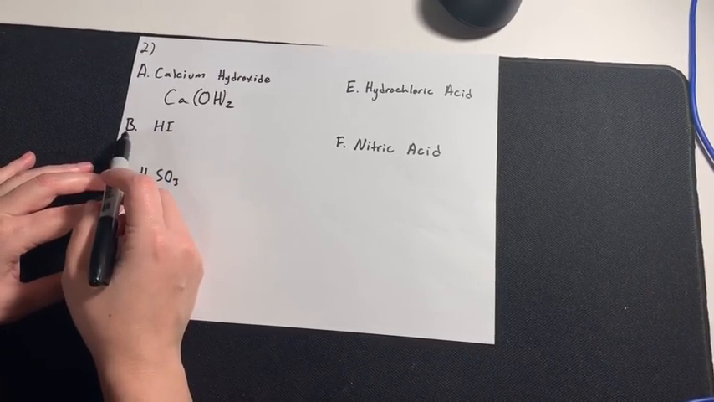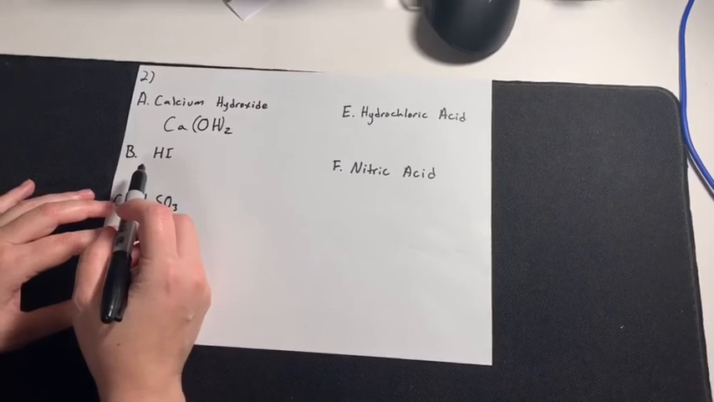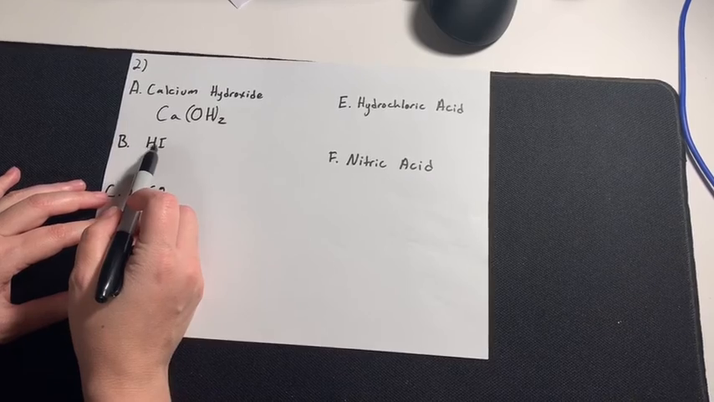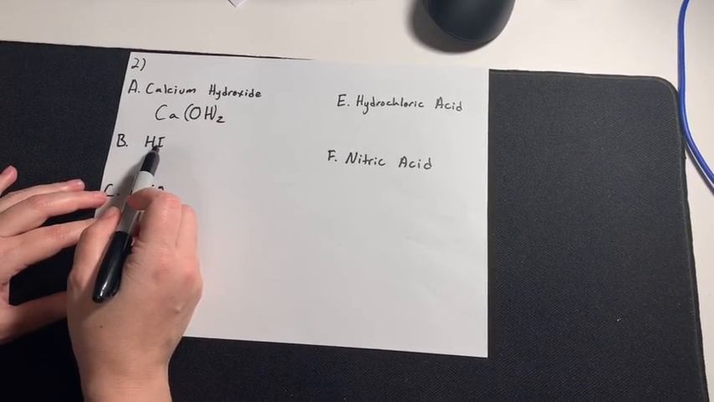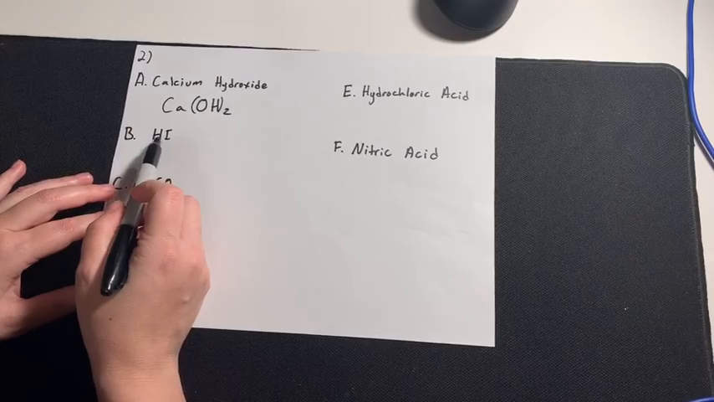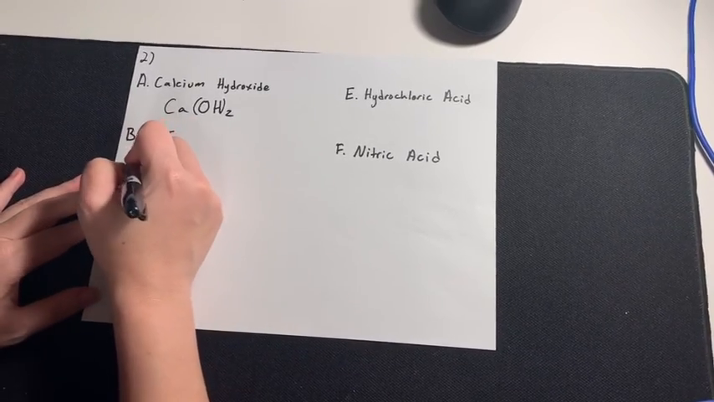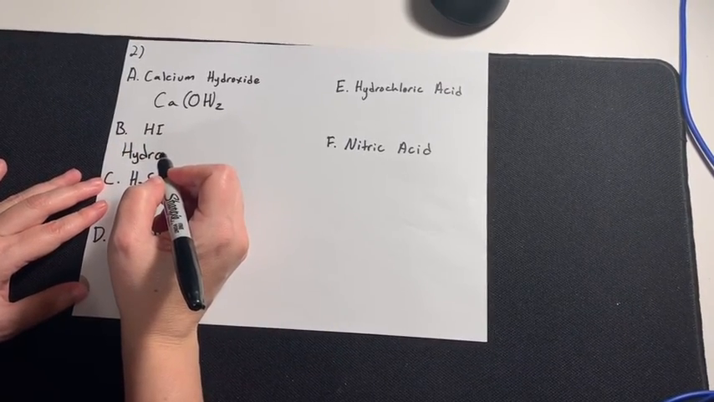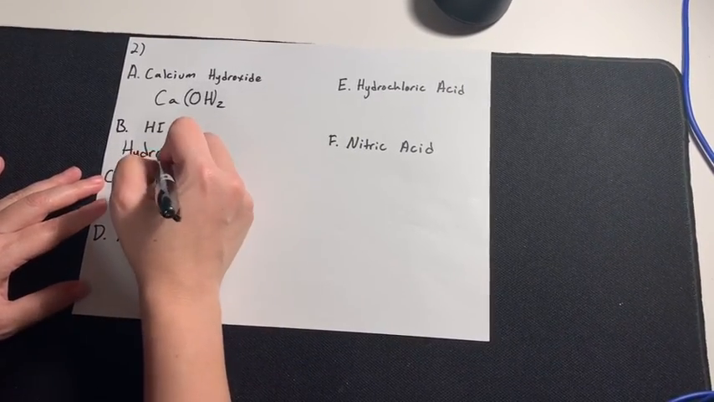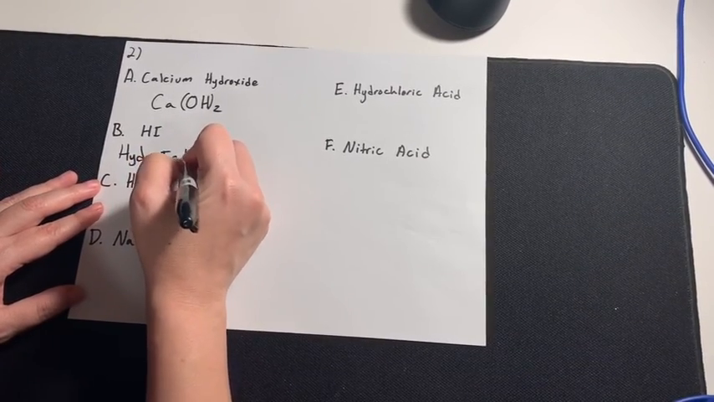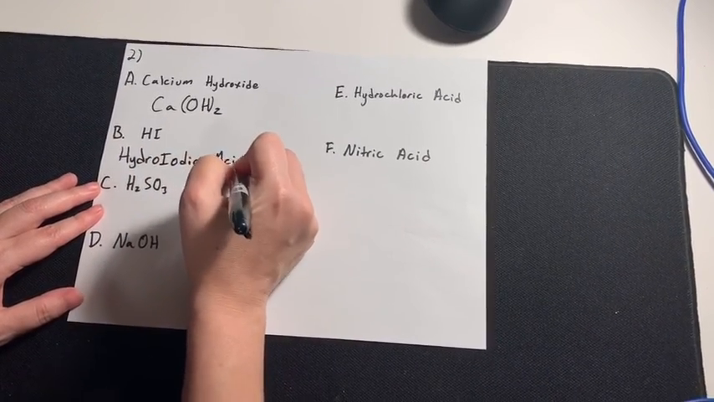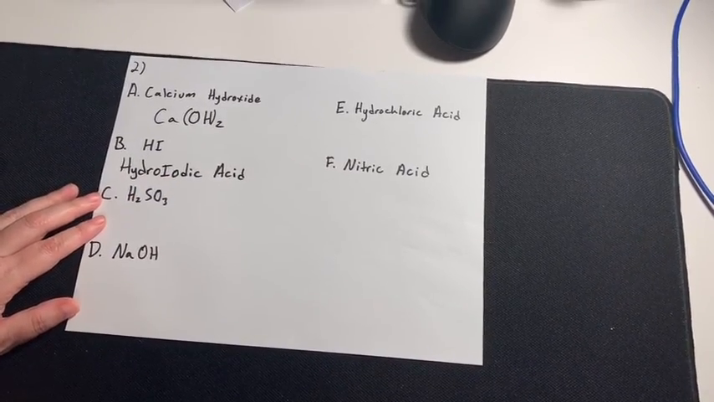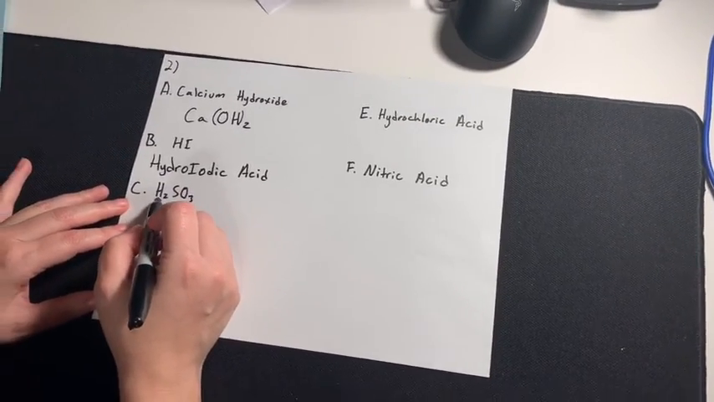And then moving on to option B, we have HI. So anytime we see one where it just has an H and it's followed by a non-metal, it's going to start with hydro, and in this case it's going to be the iodic. We're just going to do the base, and then it's going to end with acid. So that's going to be there anytime we see just the H alone with the non-metal. So here we have